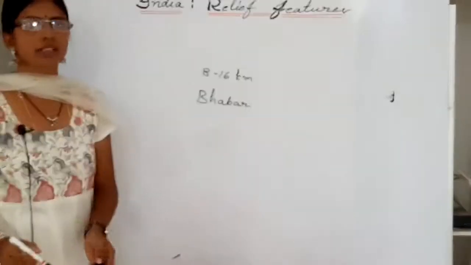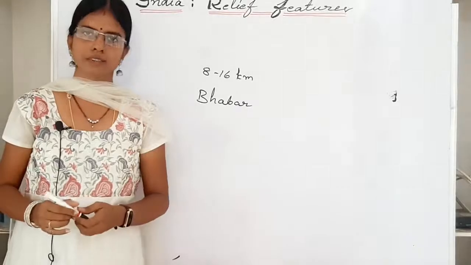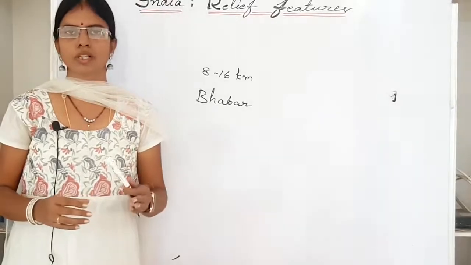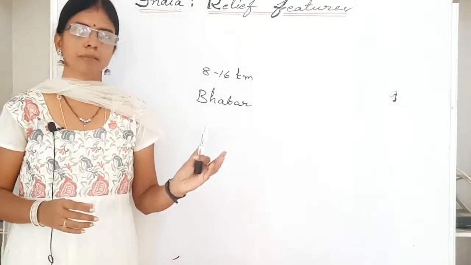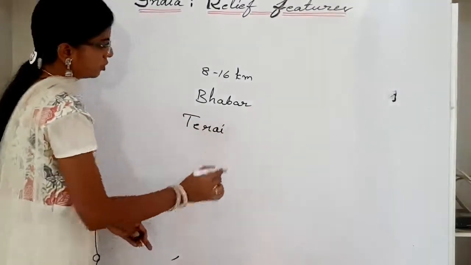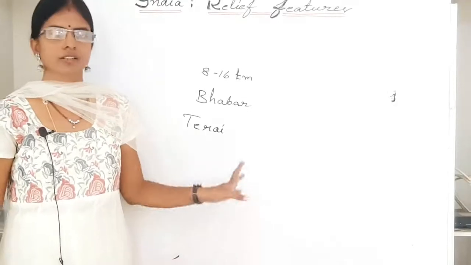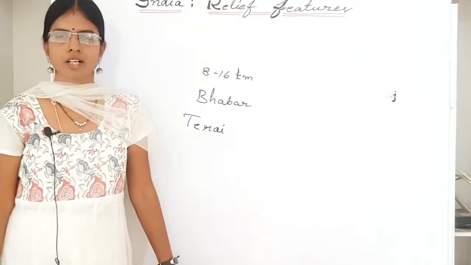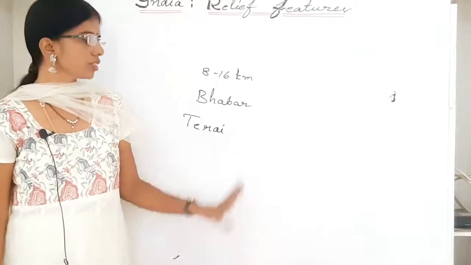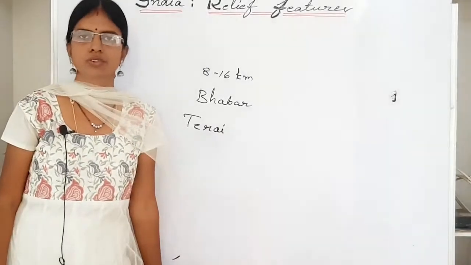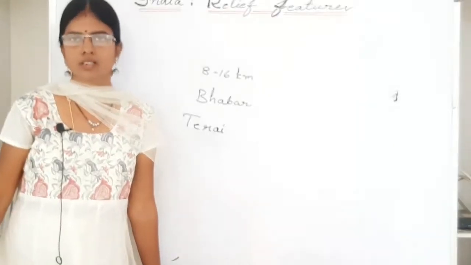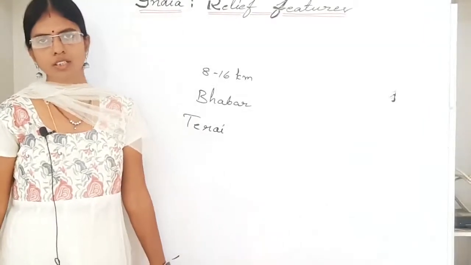This Bhabar is porous in nature. The small rivers and streams flow underground through this Bhabar and reappear in a lower area. Then it forms a marshy region that is called Terai. Once upon a time, this Terai zone had a thick forest and rich variety of wildlife. However, owing to migration at the time of India's partition, most of this Terai zone has now been cleared and used for agricultural operations. So, in this way, alluvial land was formed towards the south of this Terai zone.